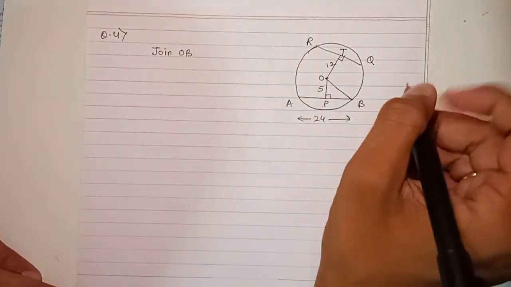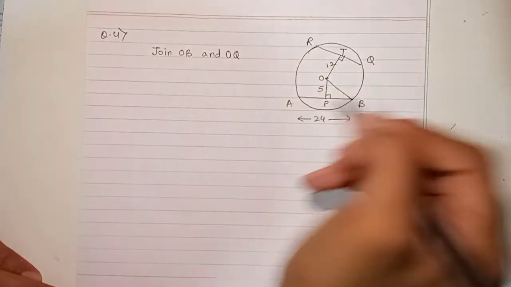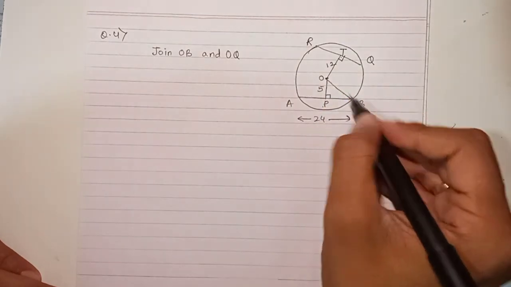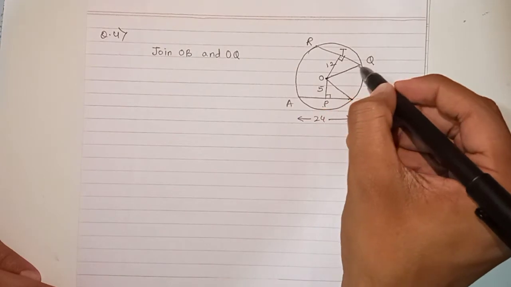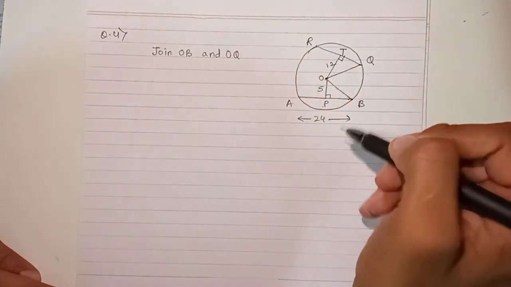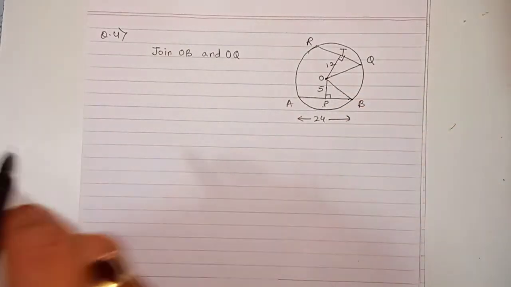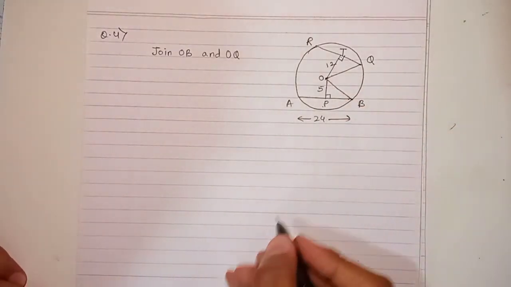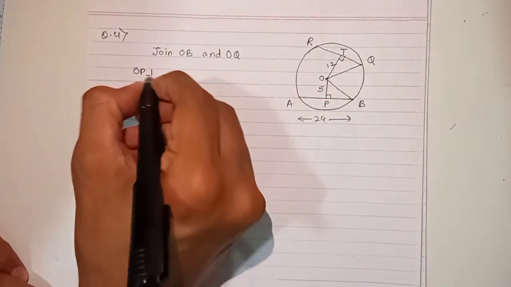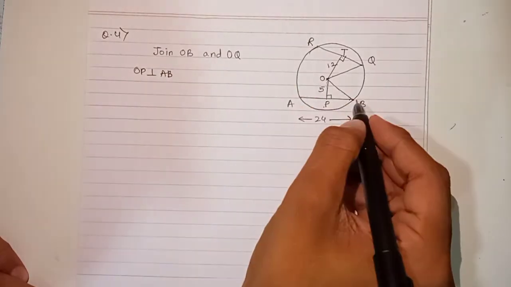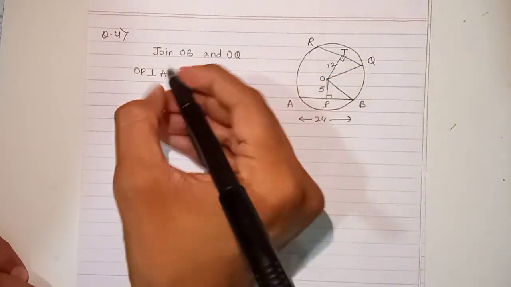Now join OB and OQ. OB is the radius, सेंटर से लेके कॉर्ड के पॉइंट तक, सर्कल सर्कमफ्रेंस तक, and OQ is also radius, सेंटर से लेके कॉर्ड तक. Why I made, because I want triangles. Okay, both are radius. Now this OP is perpendicular to AB. करेक्ट, ये OP परपेंडिकुलर है AB को, and this OT is perpendicular to QR.